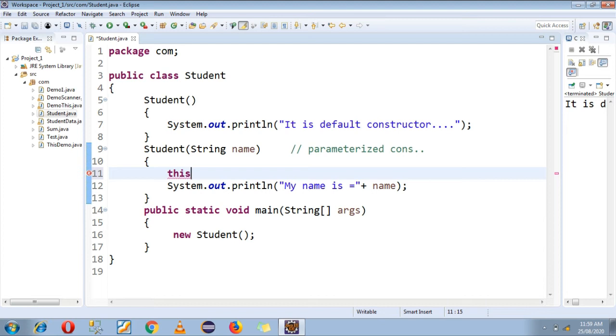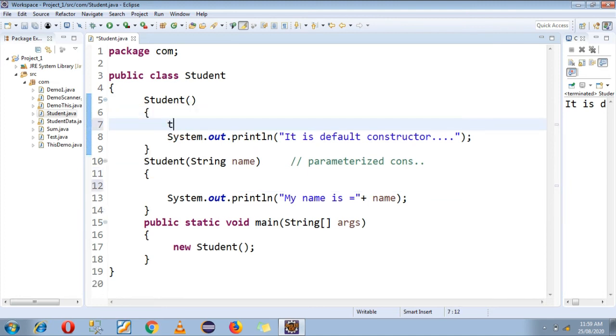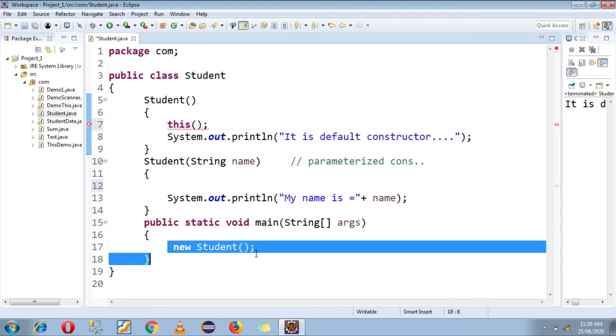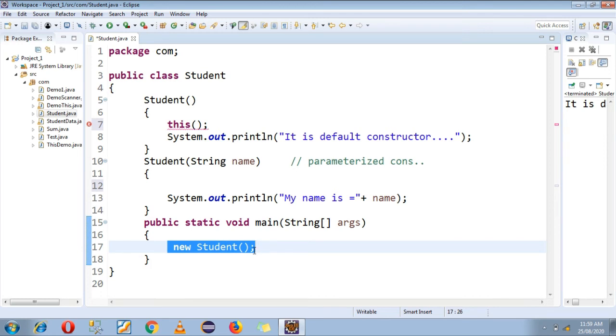So anyhow the default constructor will get executed. What about the parameterized constructor? So I am calling the parameterized constructor in the default one now using the this keyword. Here in the parenthesis you have to provide a string value because your parameterized constructor has one string variable.